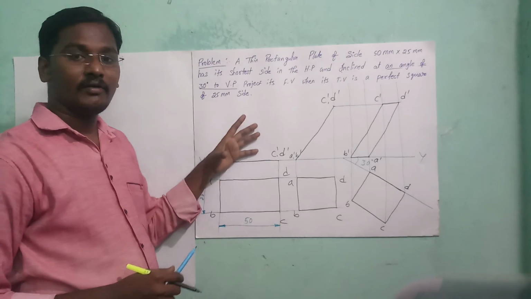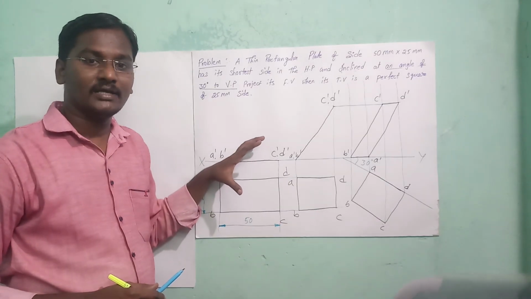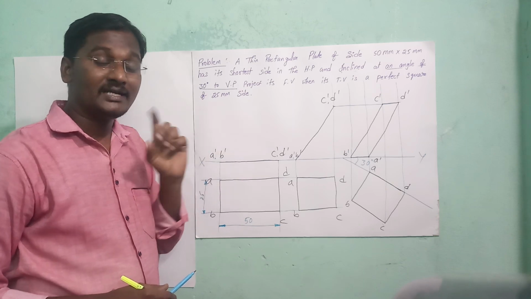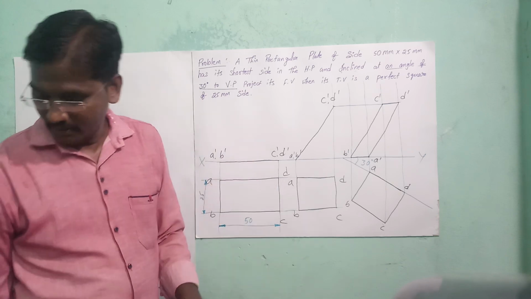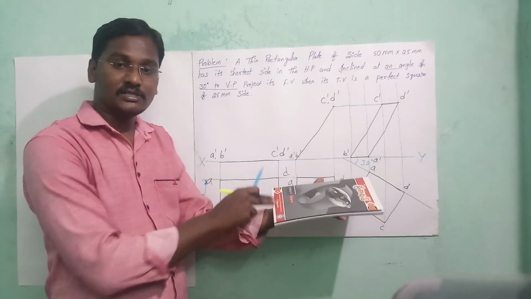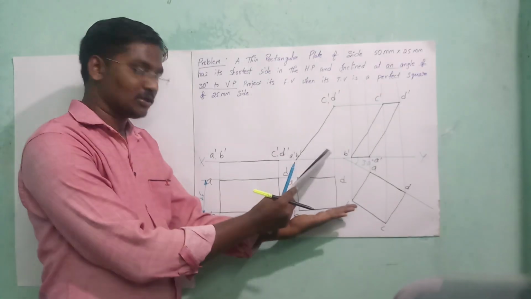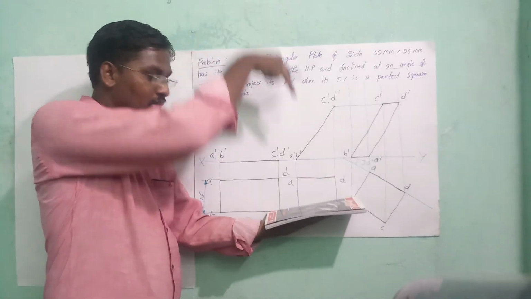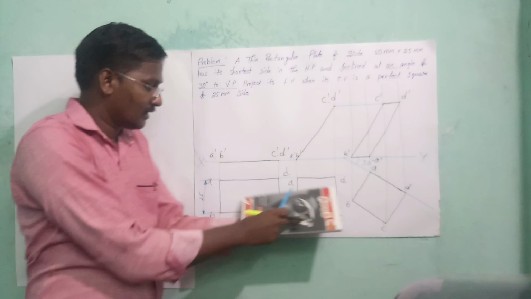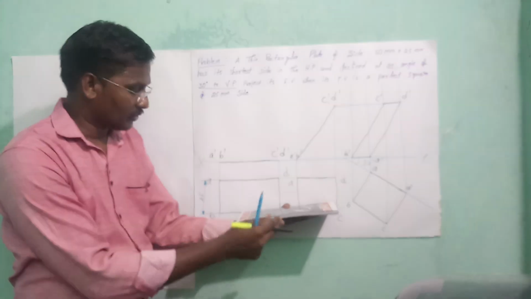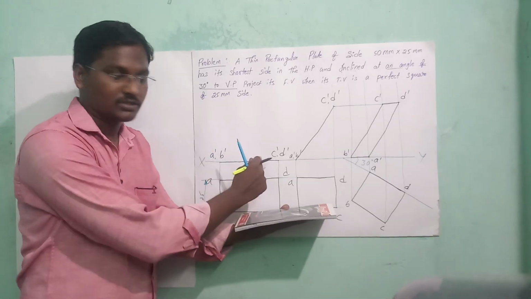Okay, now what I have done here, I have understood the problem. What he has given is a thin rectangular plate. Okay, so its shortest distance is on the HP. Now this is the horizontal plane. Its shortest distance means this is 25 and it is 50. I have kept the shortest distance on the HP. This will be the rest position. When I am looking from the top view, it looks like a rectangle. Look at here, the same rectangle I have drawn here. And while I am looking from the front view, it looks like a straight line. I have drawn the straight line.